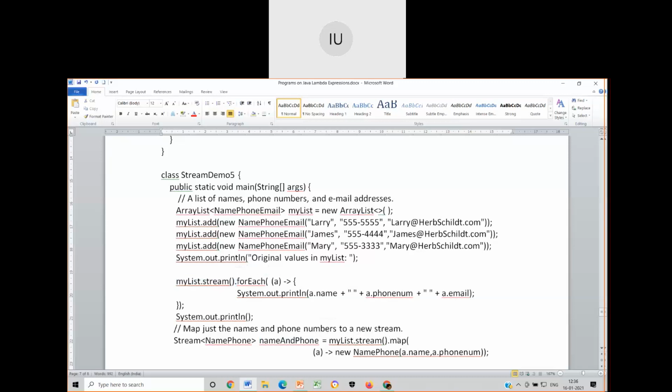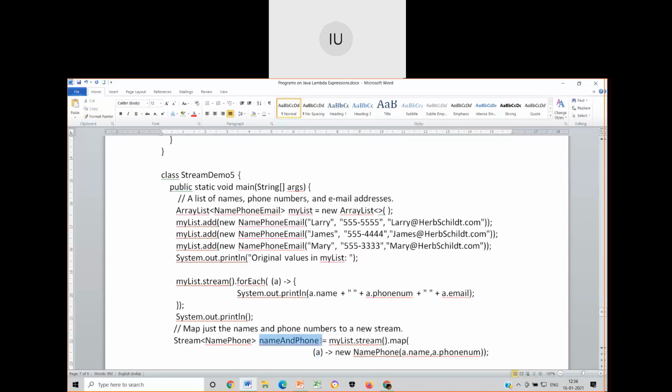Okay, stream that dot call map on that, and inside this map function I'm going to write what is called as an anonymous function. This anonymous function does nothing other than creation of that particular class's construction with which you want to map. So what it does, it takes only name and phone number of the original class and writes it to A. Writes it to A. And that A, writes it to name and phone.